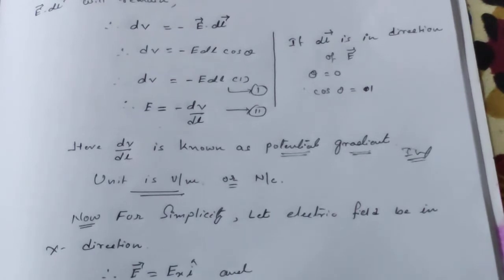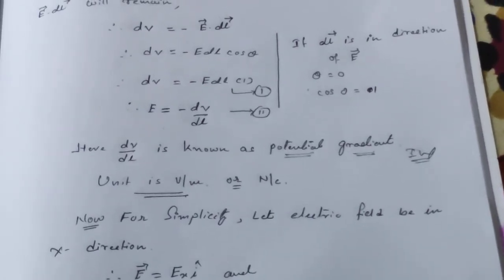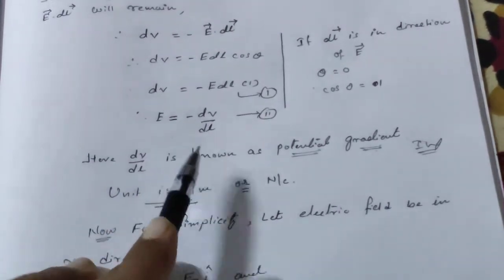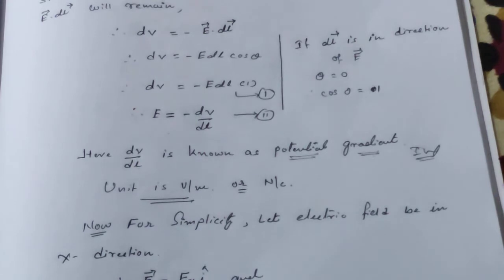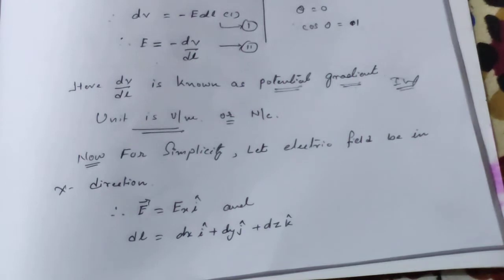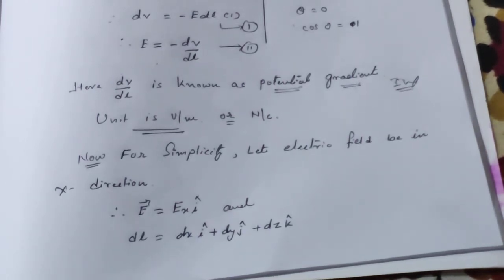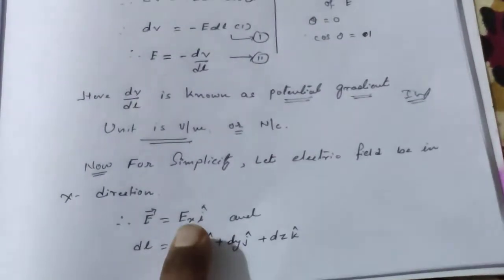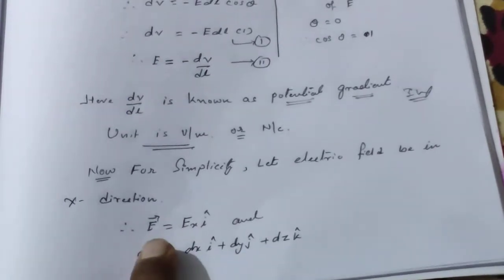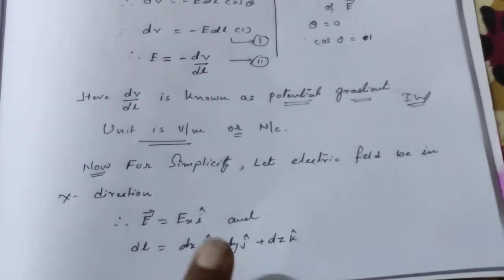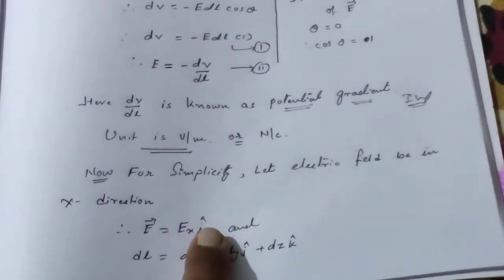Okay, nice. Now moving ahead, we have to find the relation between electric field and electric potential. This is a simple relation, but as we know, electric field is a vector quantity, produced in a radially outward or inward direction depending on the charge. For simplicity we are considering only the x-axis. So electric field on the x-axis is Ex times i cap, where y and z are constant, so I am not going to write them.